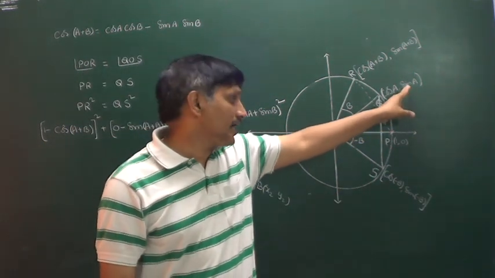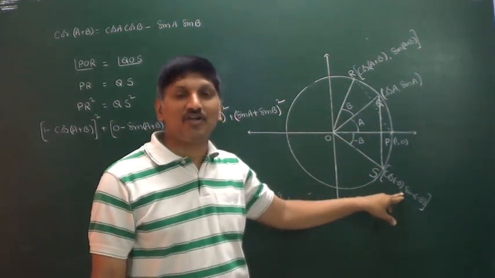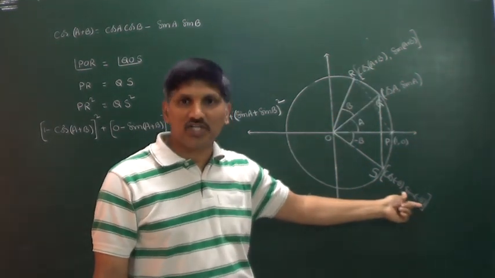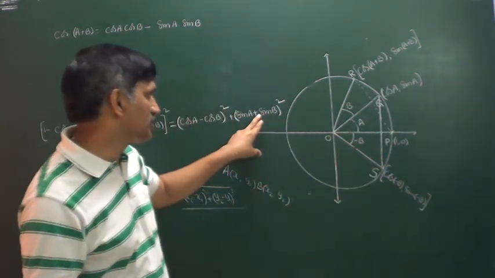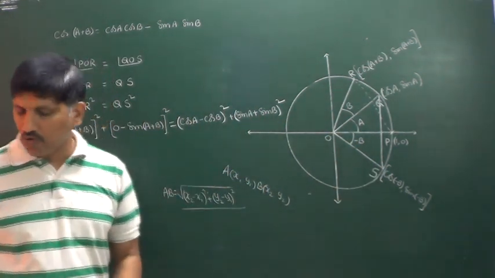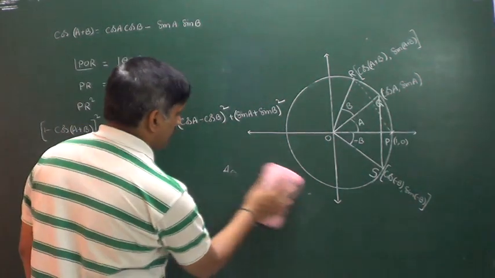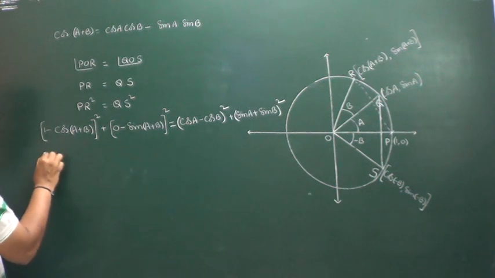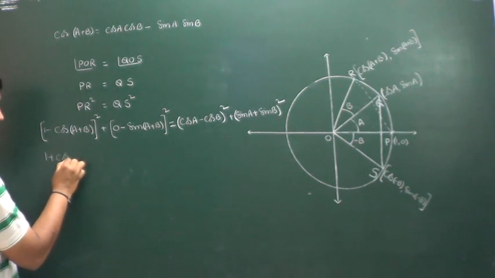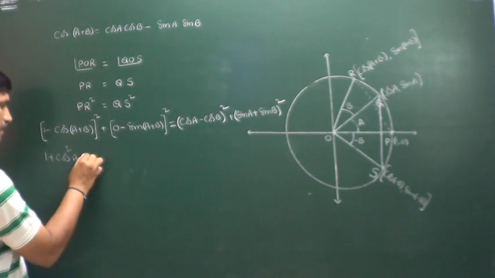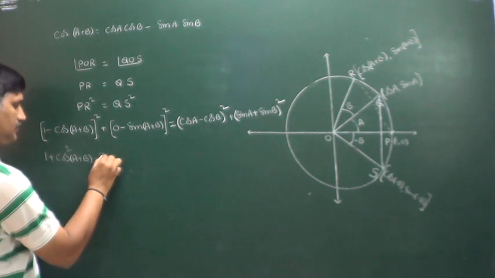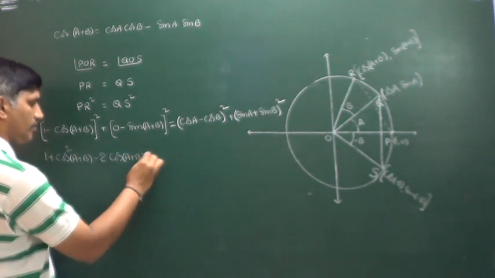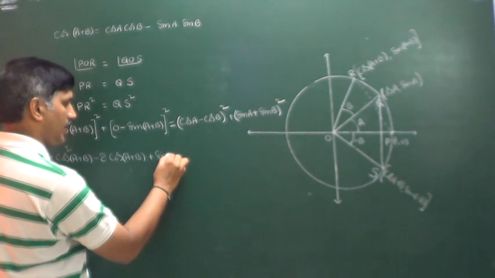Actually we have to write sin A minus sin of minus B whole square. But sin of minus theta is minus sin theta. That is the reason we got a plus sign here. Now you know the simplification, and comfortably we can do it. I am doing that simplification, all of you pay attention here. 1 plus cos square (A plus B) minus 2 times cos (A plus B) plus sin square (A plus B).